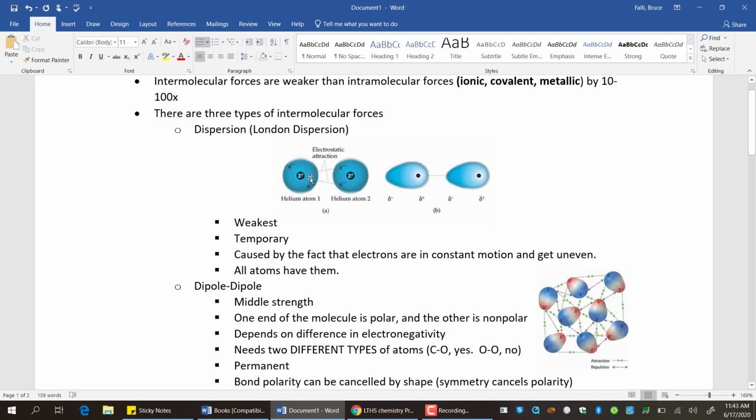So if I have a helium atom at time 1 and a helium atom at time 2, remember electrons are going crazy. And if by chance the two electrons are on the same side, that side's going to be negative. And that means the corresponding side would be positive. And the atom next to it would have its electrons move to be closer to it. This is the weakest type. It's temporary because it's based on just the energy of electrons going crazy in their shells. It's temporary. It's caused by the fact that electrons are in constant motion and get uneven. All atoms, I should say all atoms and molecules,